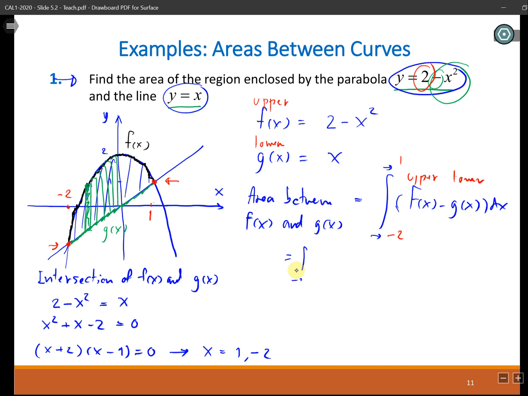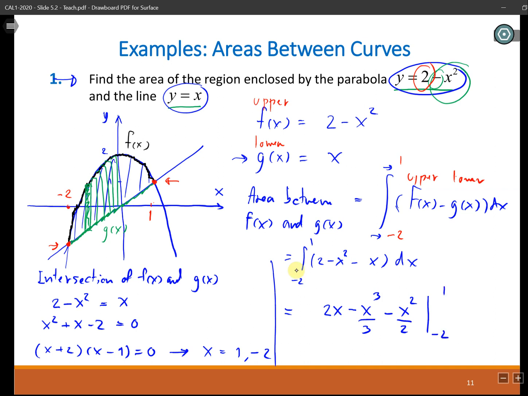Integration from minus 2 to 1. f(x) right here is 2 minus x squared, minus g(x), which is x, and we integrate this with respect to x. After this, it's not going to be too hard for all of you because we have done this before. Just regular integration. 2 becomes 2x. Minus x squared becomes minus x cubed divided by 3 to cancel the 3 that is going to come down. And then x becomes minus x squared over 2, and we have to evaluate this at two values, minus 2